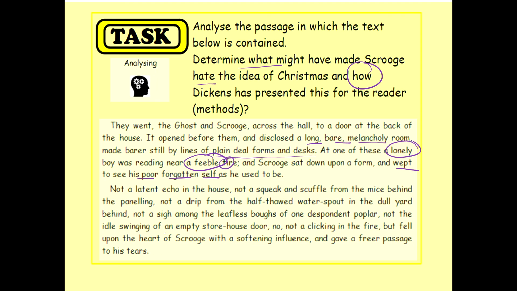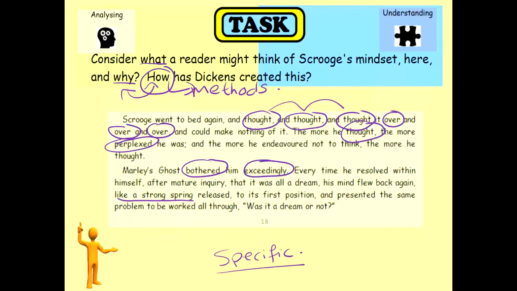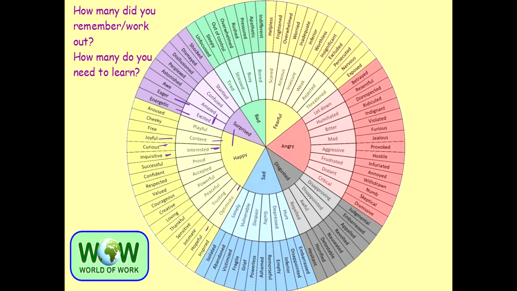So this is quite a solemn piece here. So if we look at our emotions wheel, we've got all of these things that we could be writing about here. Okay, is he weak? Yes. Does he feel worthless? Yes. Does he feel inferior and inadequate? He's insecure? Yes. Does he feel anxious? He's worried and overwhelmed, perhaps. He's sad. So all of these words down here are really useful as well.